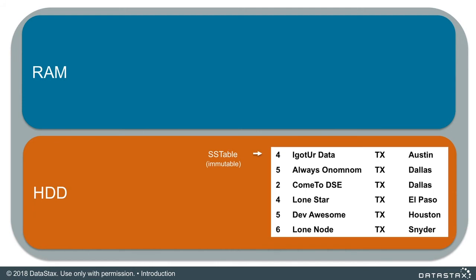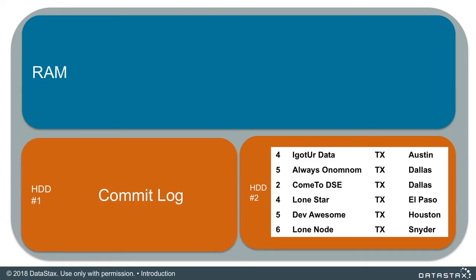Literally just means the data is sorted first by partition key and then by clustering column values. Key point, this data structure is immutable. As soon as we write the mem table down to the hard drive and create an SS table, Apache Cassandra will not mutate, change, update, delete, whatever you can think of. That data is as is. Now you may be thinking, hold on, if the SS table is immutable, how do I do inserts, updates, deletes, that kind of thing? Don't worry, that's coming up in another section.